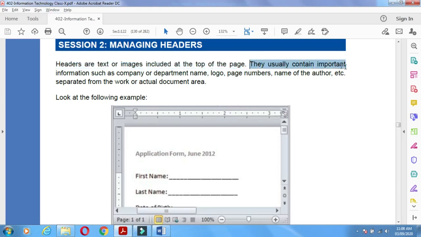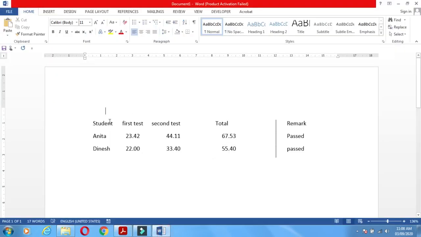They usually contain important information such as company or department name, logo, page number, name of authors, etc. Separated from the actual document work. Separated from work means this is the actual work, and it is separated from this.